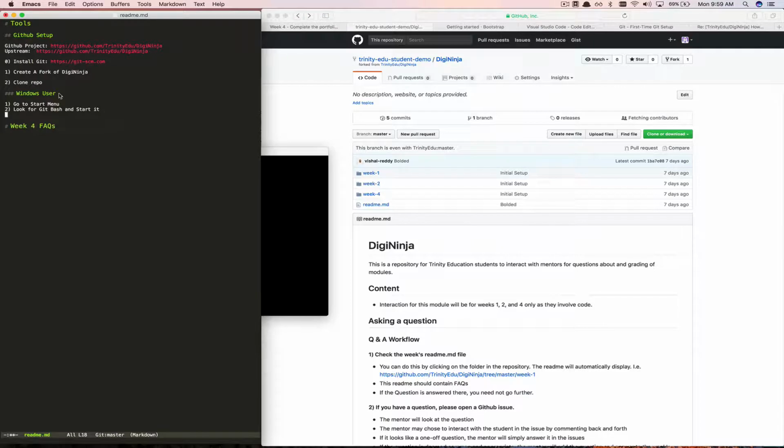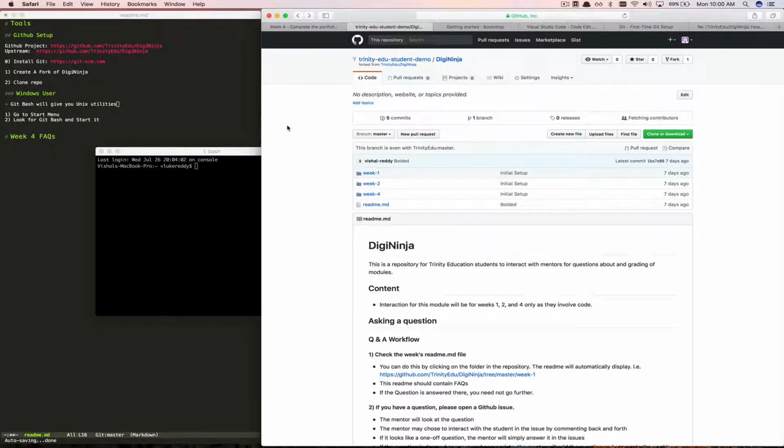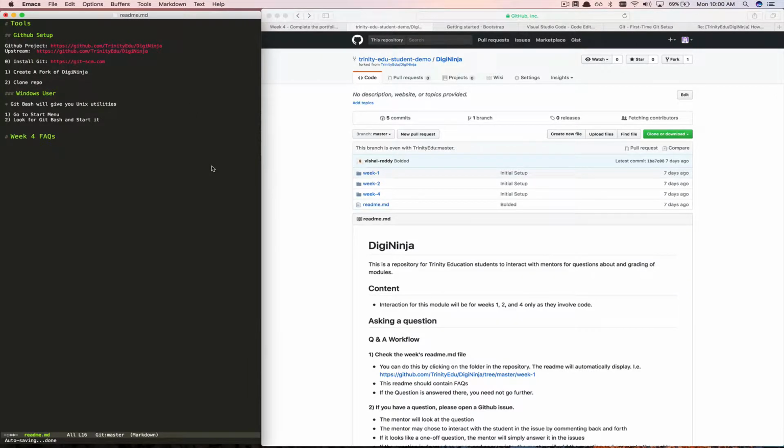If you install the Windows version, git bash will give you what's called Unix utilities. Don't worry about what that involves. It just means it gives you a bunch of extra features in the terminal that the Git client needs in order to do it. Okay. So once you've started it,